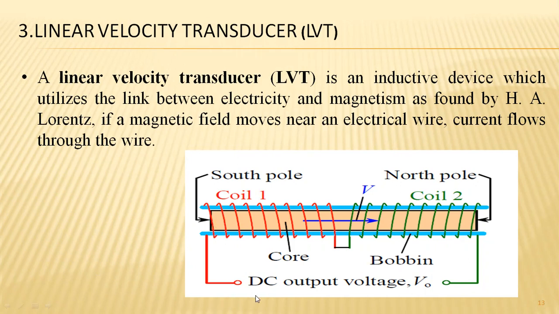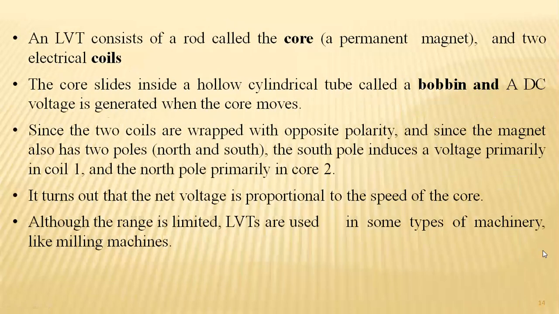Here, the flow of current is made to conduct through the wire from one direction to another, or from one pole to another pole. That leads to generating the magnetic field between these two electrical coils. Nominally, the rod which is placed with respect to the winding is called a permanent magnet, or usually we call it a core.